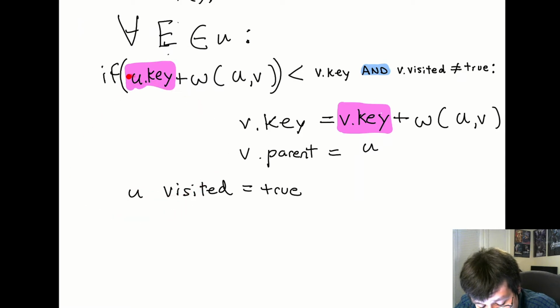And we're going to say, if adding together the current value that you have in that vertex, so that U vertex, plus the weight of the edge that you're looking at, so like 3 plus 1 or whatever, and that edge is going from U to V, if that value is smaller than what you currently have set on the key or the ongoing weight of V, and you haven't visited that vertex, because we don't want to update visited ones, then go ahead and update it with the